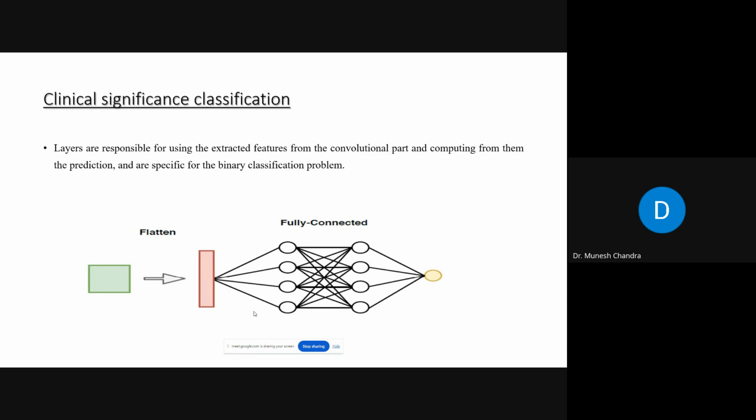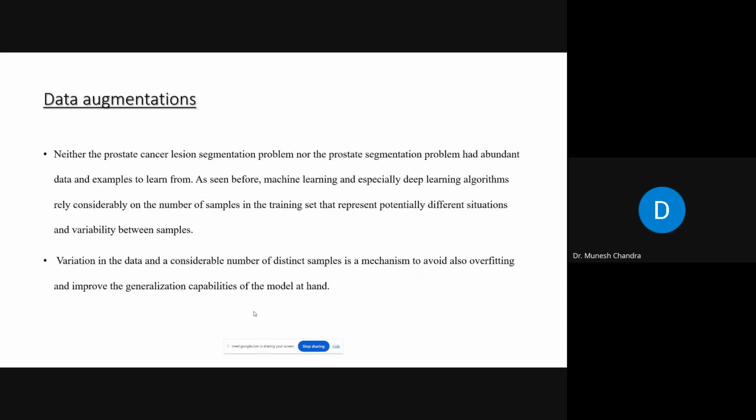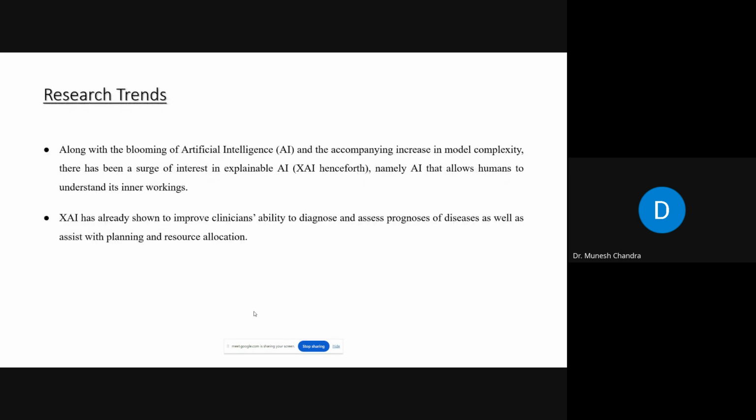The clinical significance of this classification is that if we are able to identify whether the prostate is cancerous or non-cancerous, and whether it is at level 1, 2, 3, 4, 5, then medical practitioners can take suitable action accordingly. That's why this research is primarily focusing on the identification of prostate lesions, whether cancerous or not, and what level from 1 to 5.